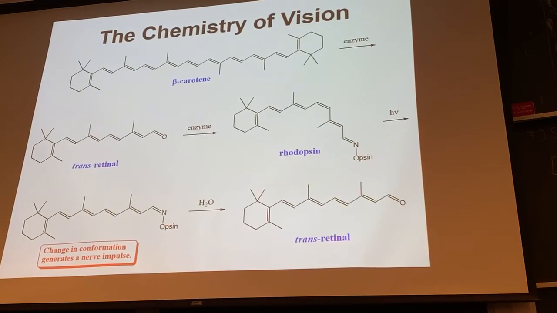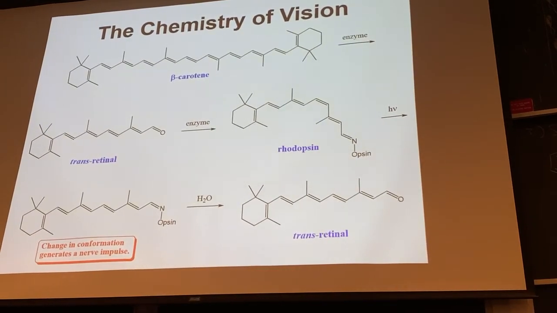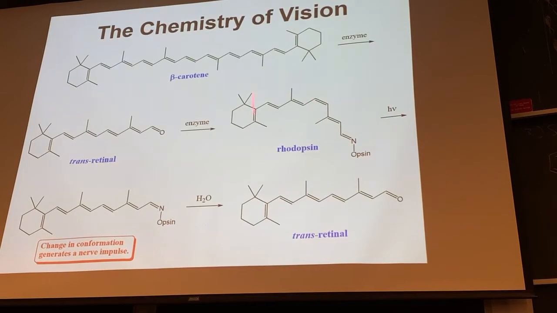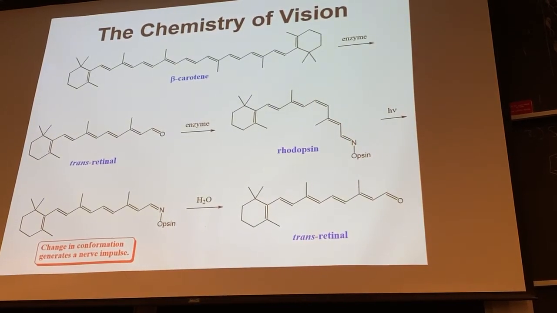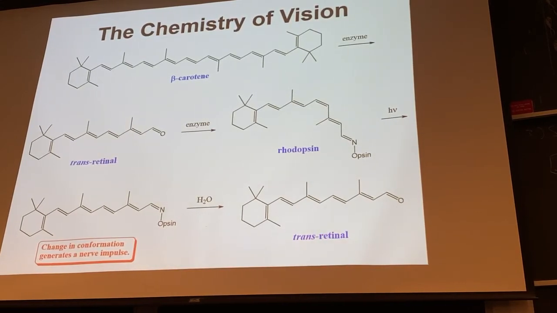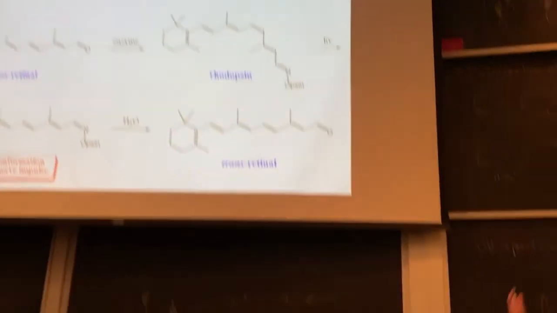When visible light enters your eye, what it does is promote an electron from a bonding orbital from the HOMO to the LUMO. That breaks the pi bonds, allows rotation at that excited state. This is sterically hindered. We've got a kink in the chain. So when it's allowed to rotate, it's going to rotate to unkink the chain. And then when the molecule relaxes back down to the ground state, we now have a trans double bond. That's a pretty massive change in conformation when we go from this cis double bond in rhodopsin to the trans double bond. That change in conformation triggers a nerve impulse that is then recorded in the brain and turned into